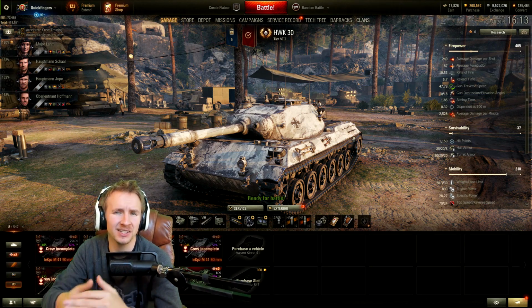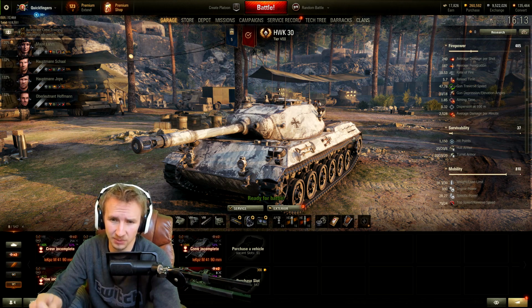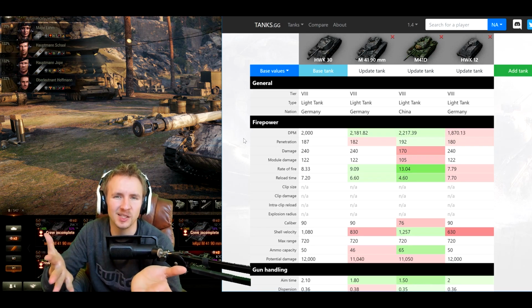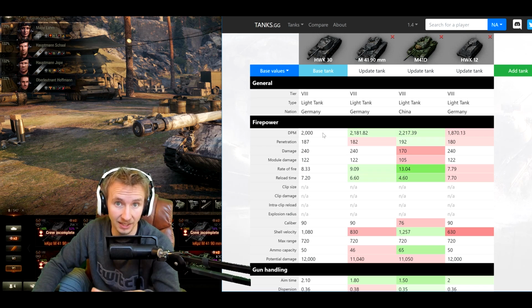And Wargaming just released the HWK 30, which is a tier 8 German premium light tank, and I'm going to let you know whether I feel it's worth a pickup. So before we get stuck into some gameplay, let's see how the HWK 30 stacks up to the M41 90, aka the German Bulldog, the M41D, aka the Chinese Bulldog or Taiwanese Bulldog, and the standard German tier 8 light tank,